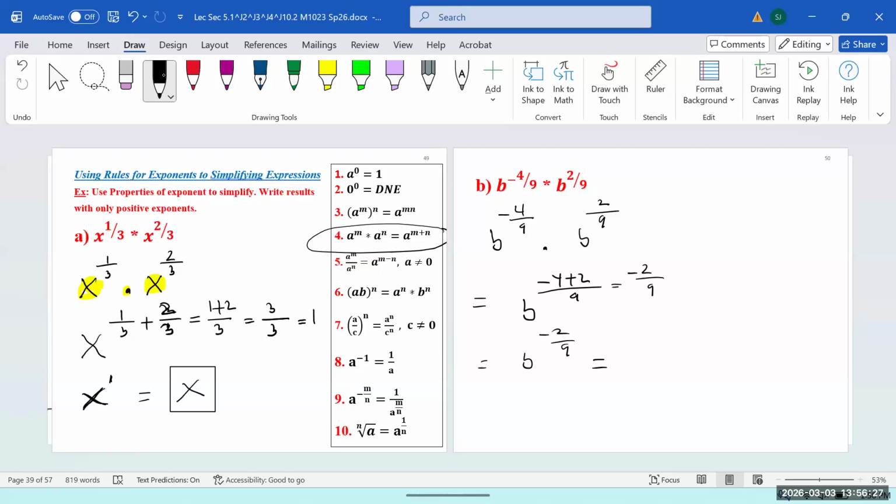Flip what? 1/b to the positive 2/9. So flip means you're turning it into a fraction. Instead of a whole number b, it becomes a fraction b. We cannot flip 9 and 2. 9 and 2, you flip if they are on the base, but they are on the exponent. Anytime it's a negative number on the exponent,